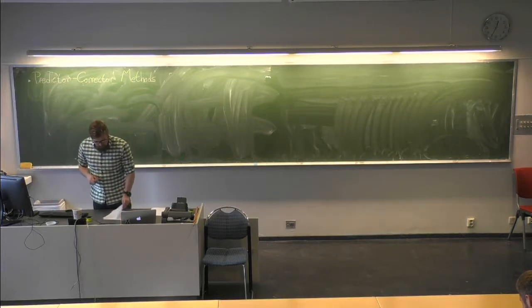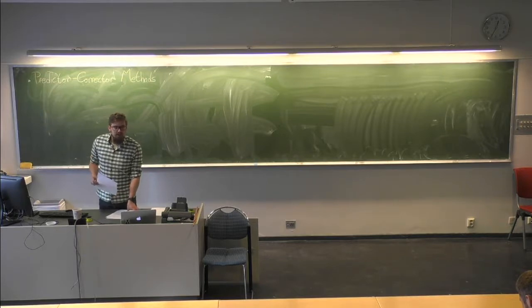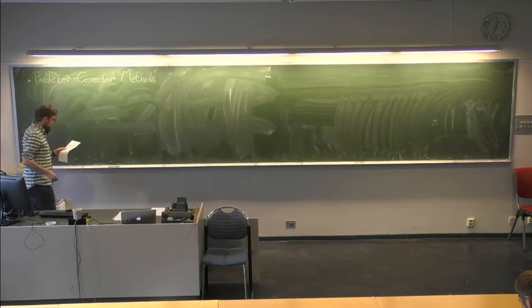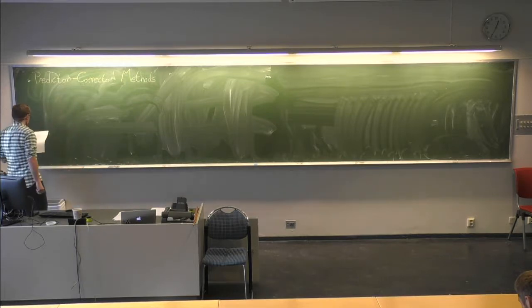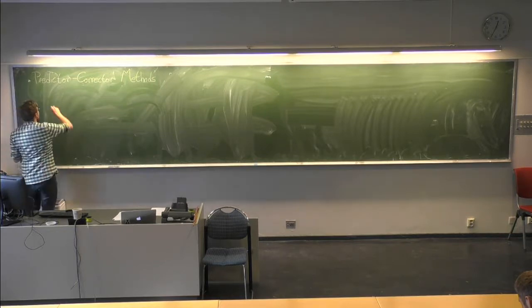Yep, let's start where we ended yesterday. So we were starting on predictor-corrector methods, and I'll repeat the definition. The definition of a predictor-corrector method is that the explicit method,